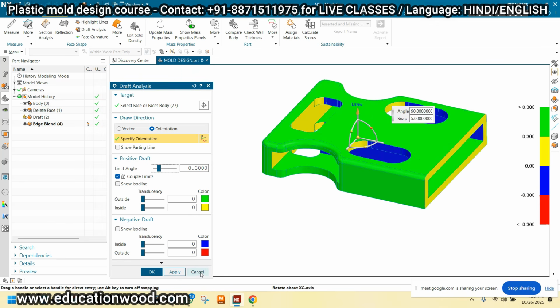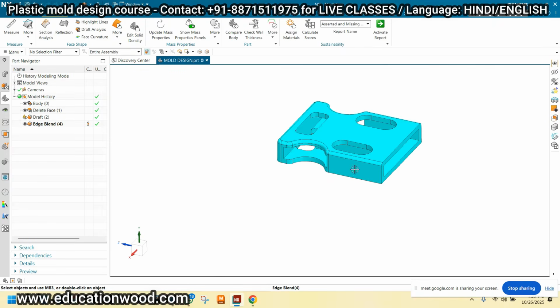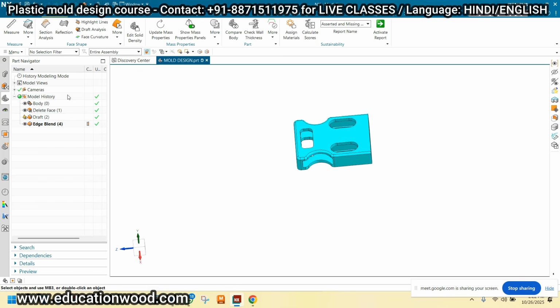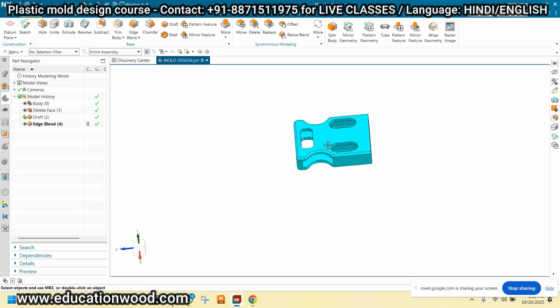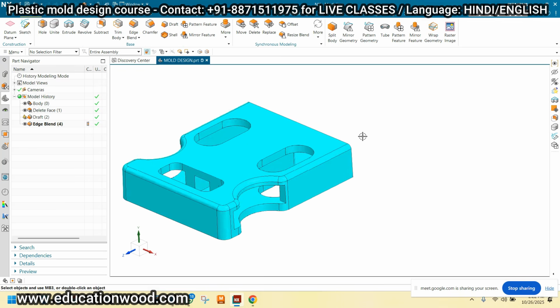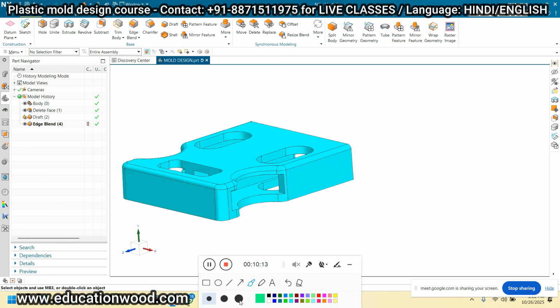Okay. Now see, I will prepare this. This is the cavity. This upper part is the cavity region, and this lower part is the core region. Okay. Now basically we have checked the feasibility. First of all, one more thing we have to check, which is the machine. Now, what is the machine capacity? For example, the customer has a 30-ton machine. How much? 30-ton capacity machine.